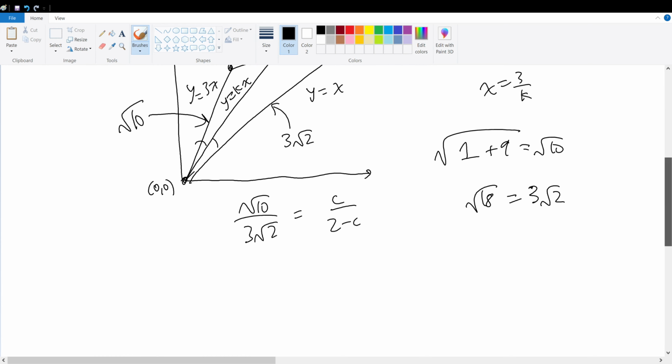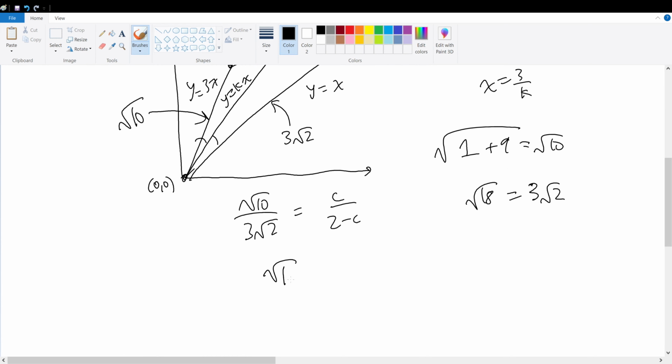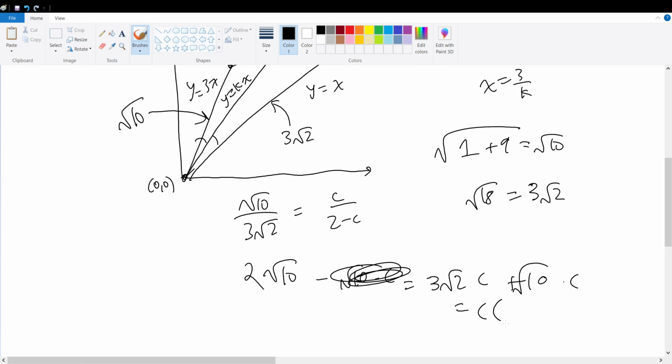So let's first simplify to solve for c. Root 10 times 2 minus root 10 times c must give 3 root 2 times c. So that means if we isolate c, we have plus root 10 times c, which is c of 3 root 2 plus root 10. So that means c is equal to what? c is equal to 2 times root 10 over 3 root 2 plus root 10, which if we multiply